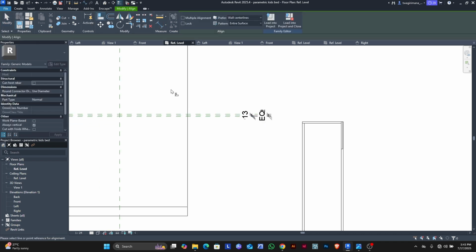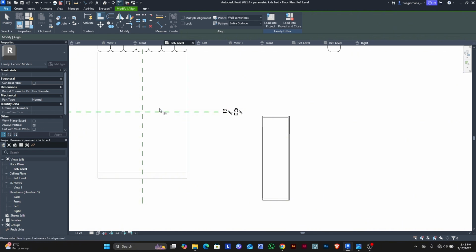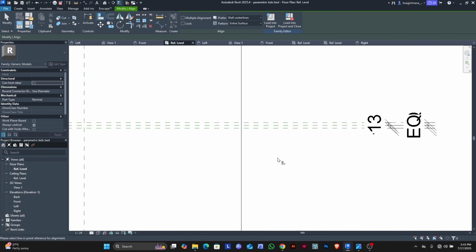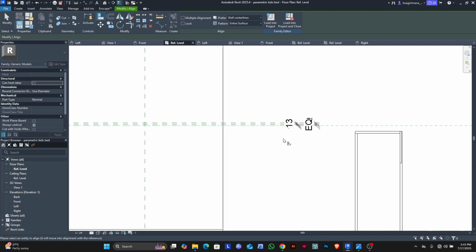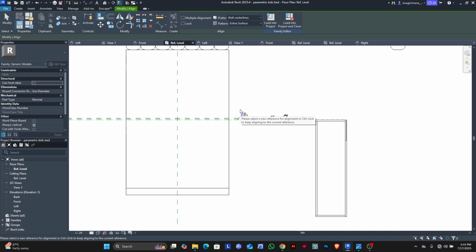So align this drawer to the reference plane, lock it, then also